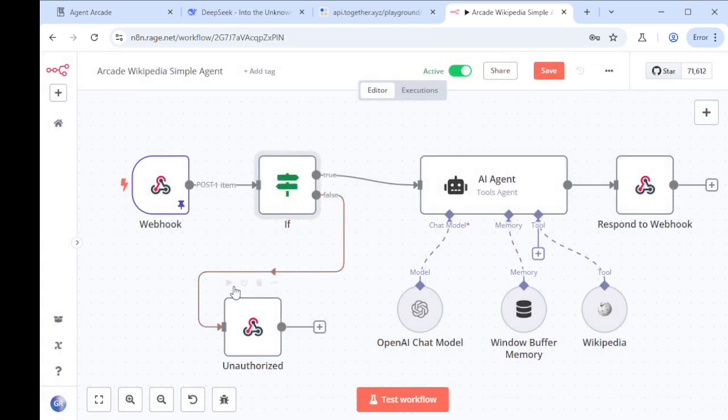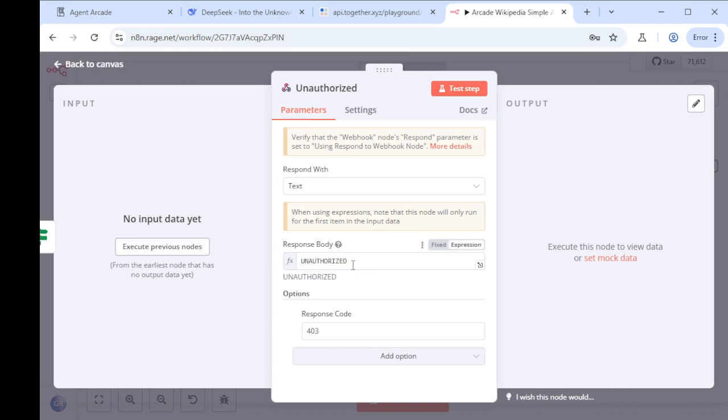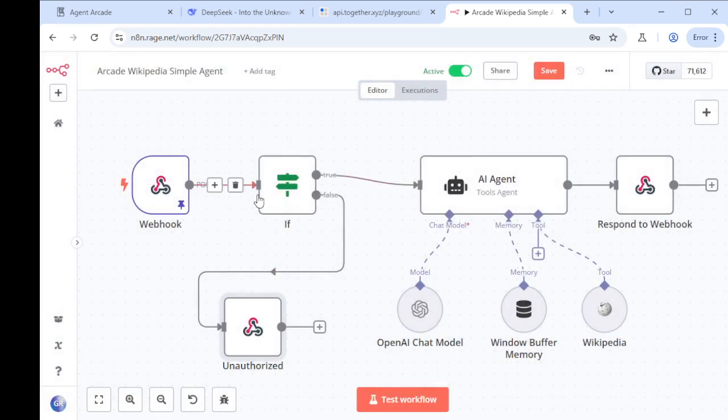If it's false, if the user's coming in with a bad bearer, then we go to unauthorized here, and we're going to respond back unauthorized, and we're going to send a response code 403. So that keeps random people from calling this. Okay, but